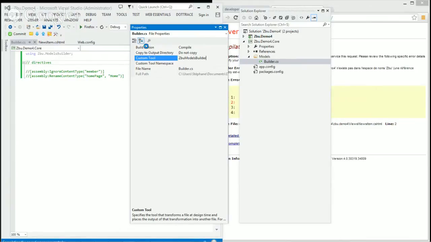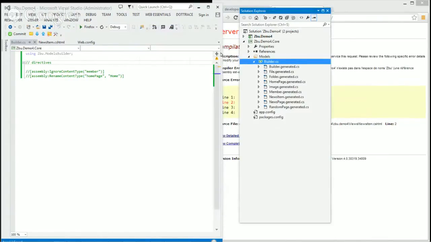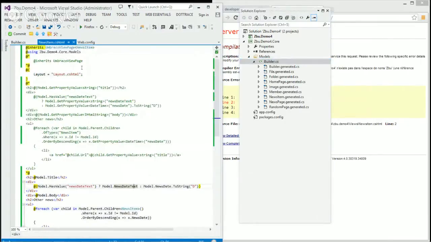And as you can see, something is happening. Awesome. And underneath, I have a lot of files that have been generated straight into my solution. So if I compile my solution, they will get compiled, and then they will be available in my views. And obviously, here, Visual Studio will be happy because it will see my models coming from the files. That's the way I prefer, because it's very clear and you can see what has been generated.